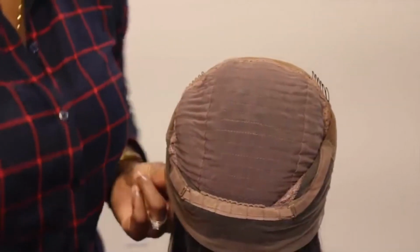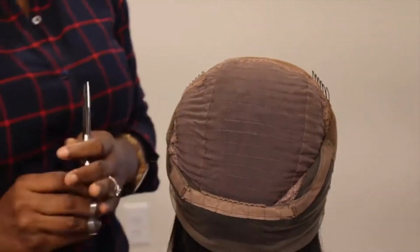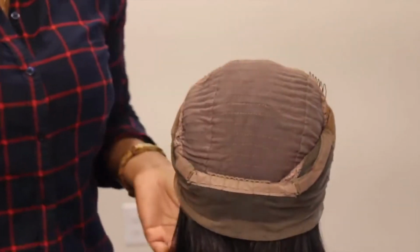Some of you all have asked that I do a video on how to cut the lace off. I think it's something that's pretty easy and self-explanatory, but for those who don't understand how to do that yet,